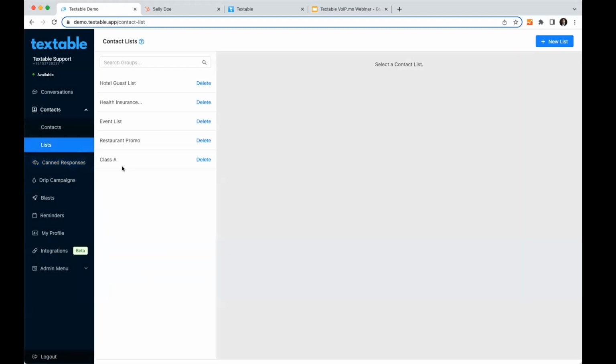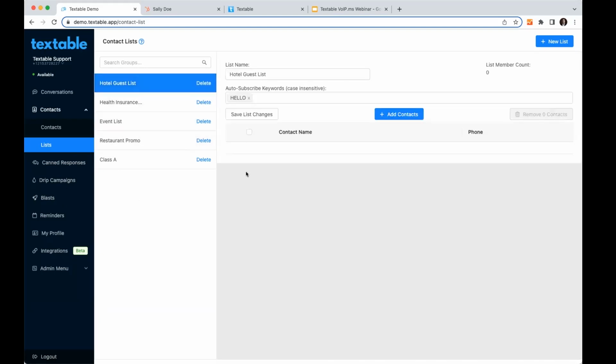Those lists are useful today really for our blast feature. The blast is sort of a marketing type campaign and notification system, a one-to-many, right? So that gets the same message out to an audience of people, and we'll go over that in a second. And we're going to be adding some features to the list to be able to do things like apply a drip campaign, for instance, in bulk. Remember, a drip campaign is really a set of scheduled messages customized slightly for that user. So again, being able to apply that in bulk is something that we've had requested and we'll be working on in the near future.